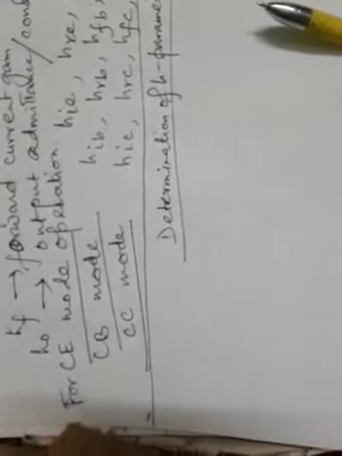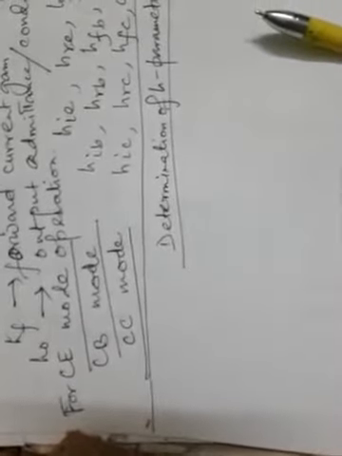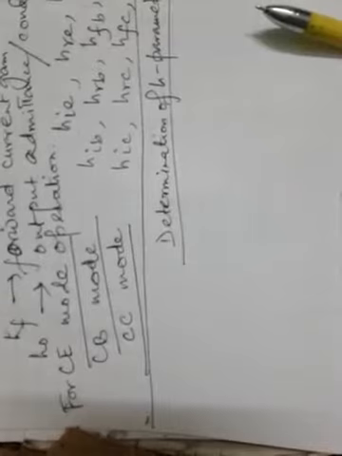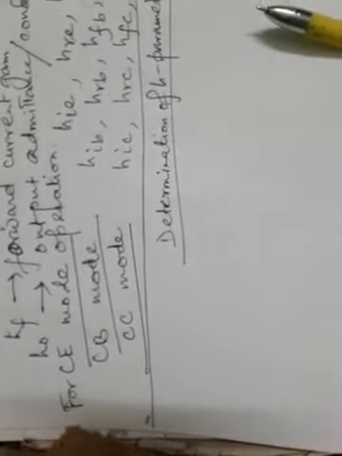are represented, how they are found from a two-port representation of a transistor amplifier. So let us see how, using a two-port representation of a transistor amplifier, the H parameter values can be determined, or rather how we can use the VI characteristics of a transistor to determine the H parameter values. Now the H parameters of a transistor can be determined from the input and output characteristics of a transistor, that is the VI characteristics, and these characteristics you have already studied earlier, and they can be determined experimentally also.